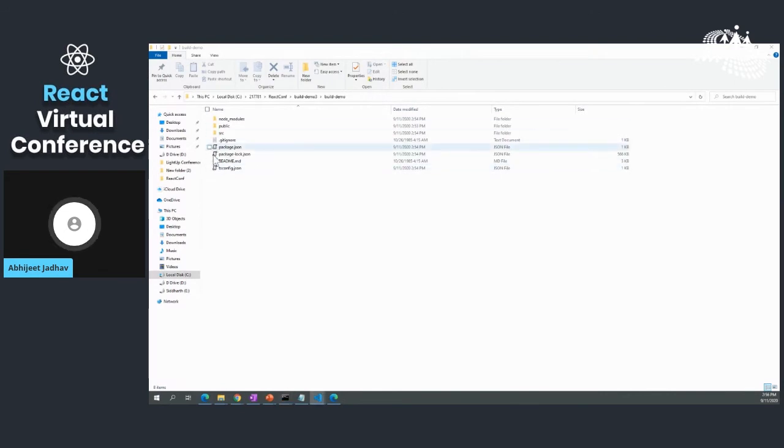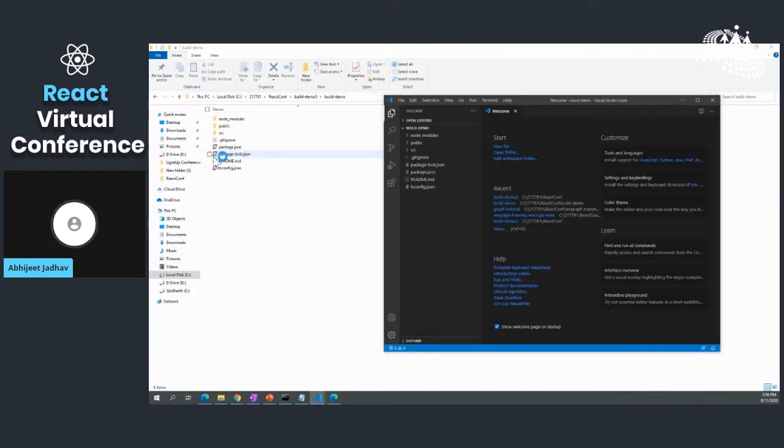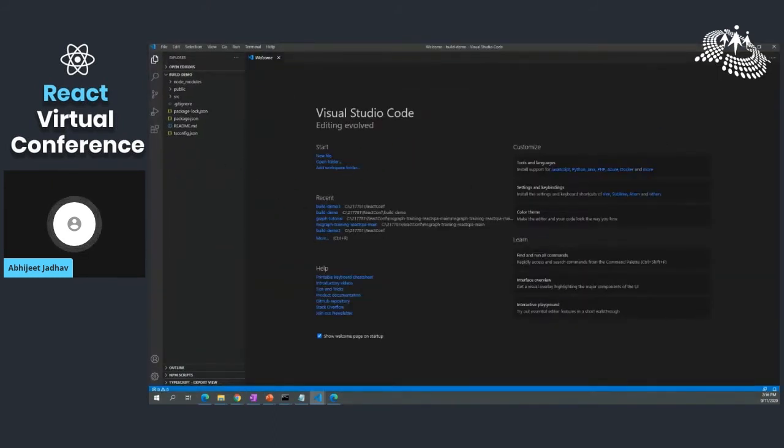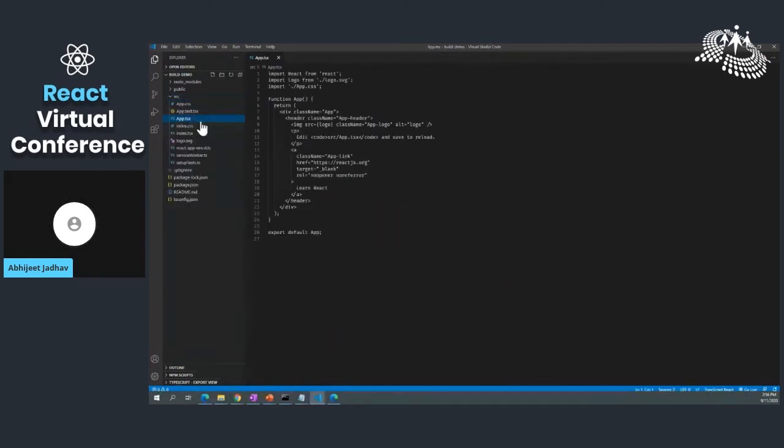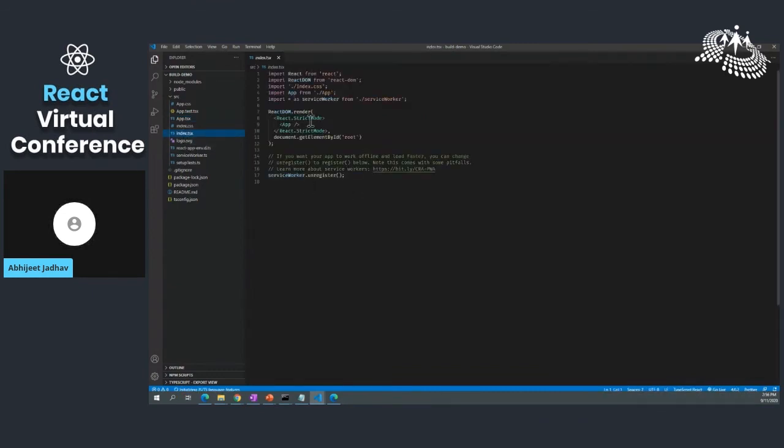Okay. So we have this vanilla React application created. Now we will start writing the code using our Microsoft Graph Toolkit. So first, what we need to do here is, we have this App.tsx and we have this index.tsx, right?